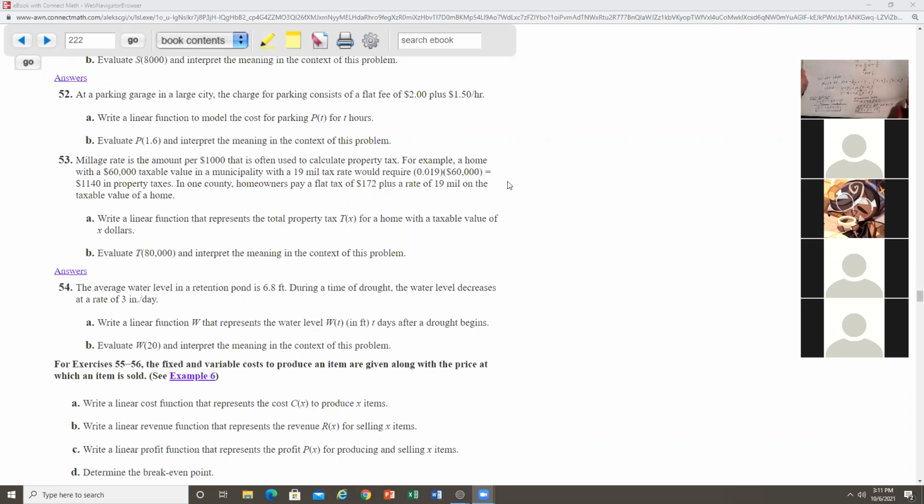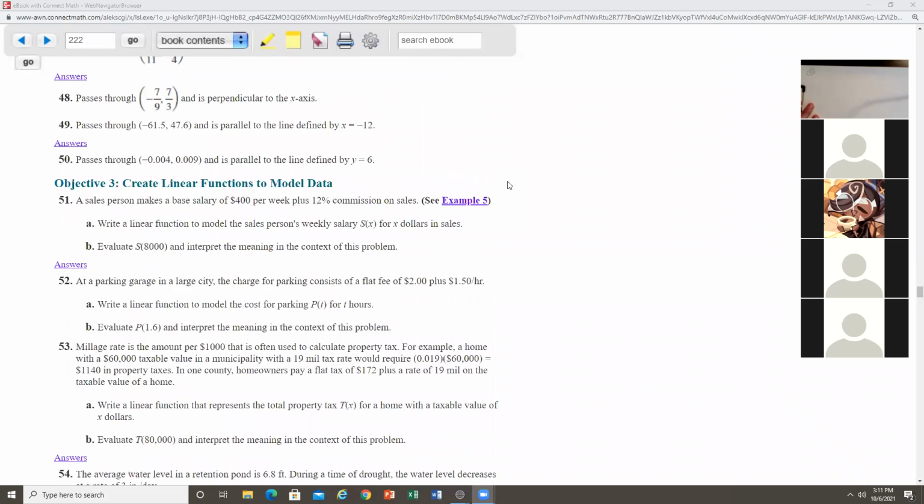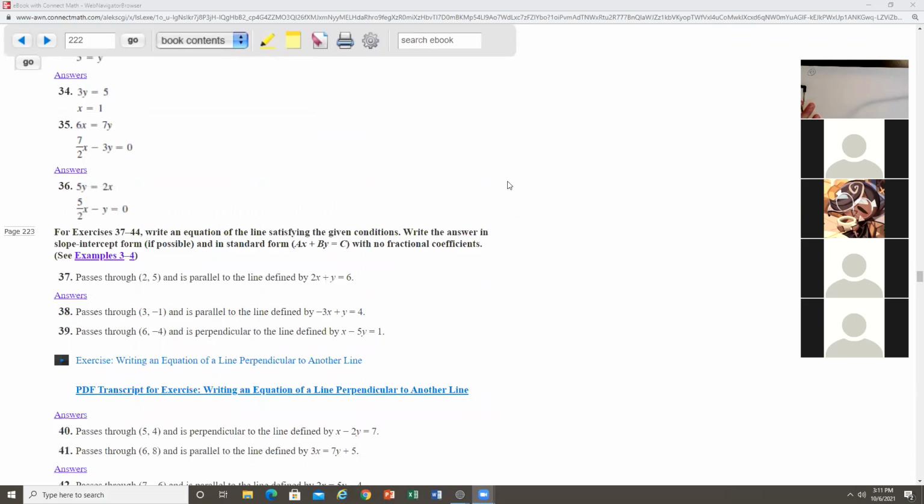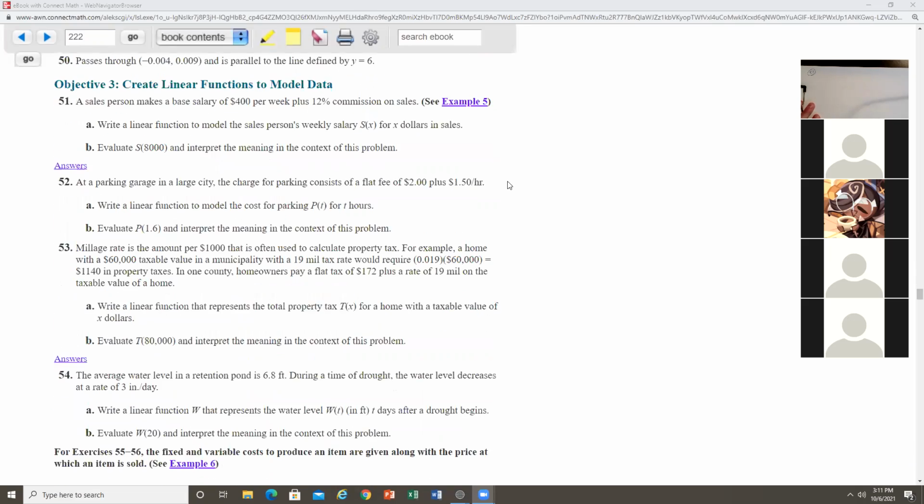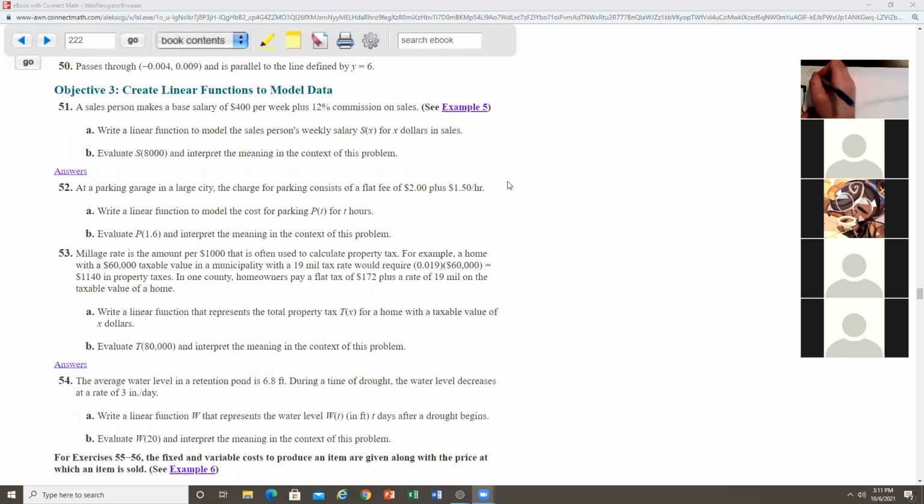Number 52. Number 52. This is on page, what page is it? 223. On page 223, 52. At a parking garage in a large city, the charge for parking consists of a flat fee of $2